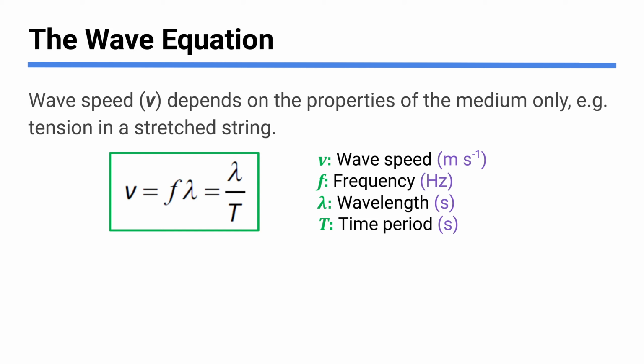So distance over time will give us that average speed, the constant speed of the wave, this sort of abstract idea of some energy moving through. And because period equals 1 over frequency, we can do some math substitution, and that means it would be the same thing as frequency times wavelength. You probably see this one a little more often, but it comes from this basic idea of just distance over time.